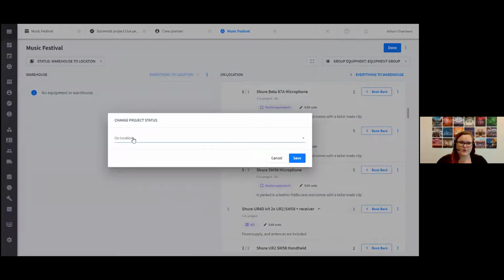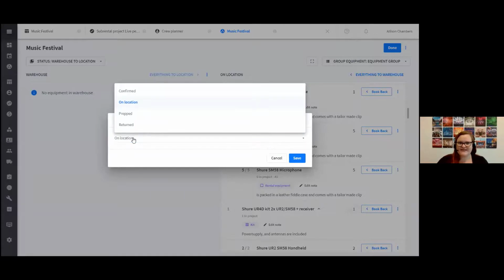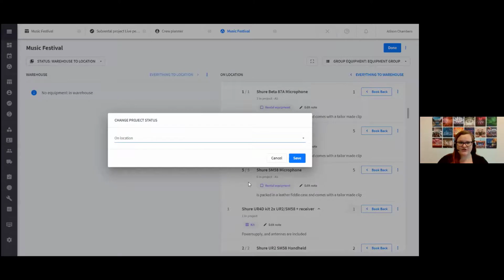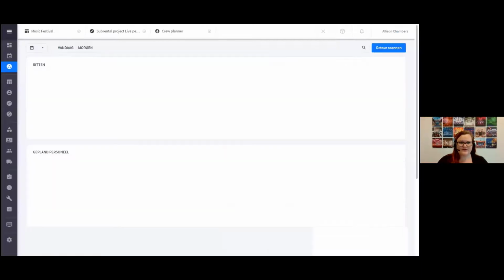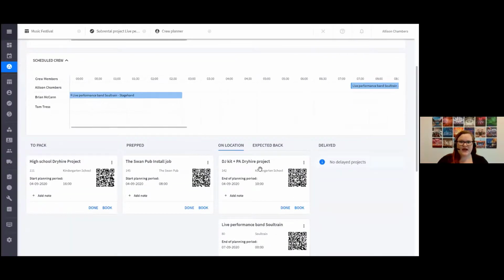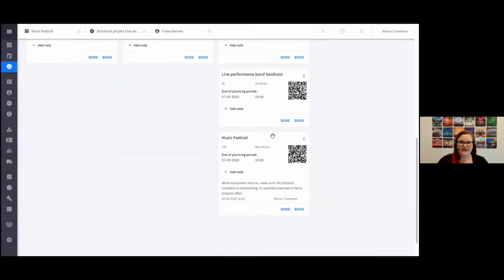And then, of course, you can change the project status. Now, I have chosen to send my equipment directly to on location, but you can also choose to prep that first. It's completely up to you. But now we will go ahead and change our status to on location and save. So now when we go back to our warehouse screen, our project will now be on location until the end